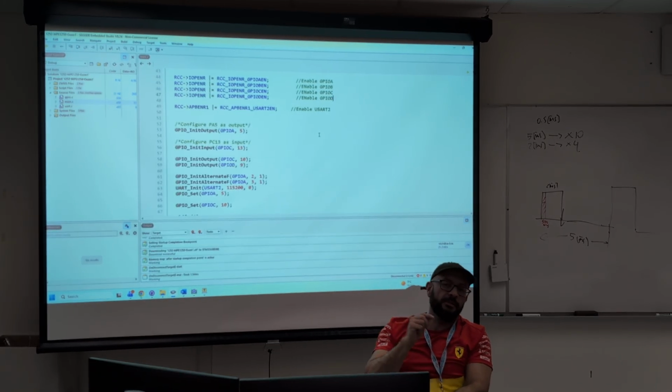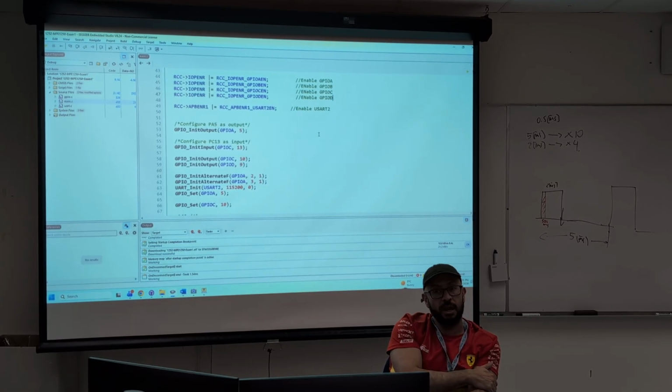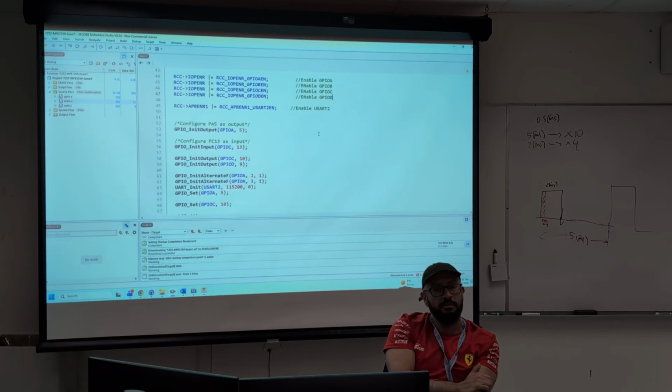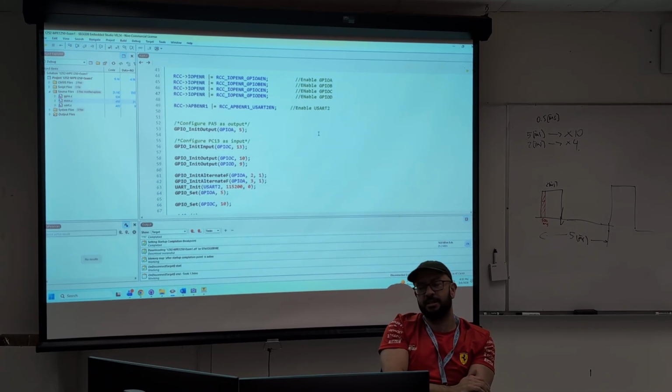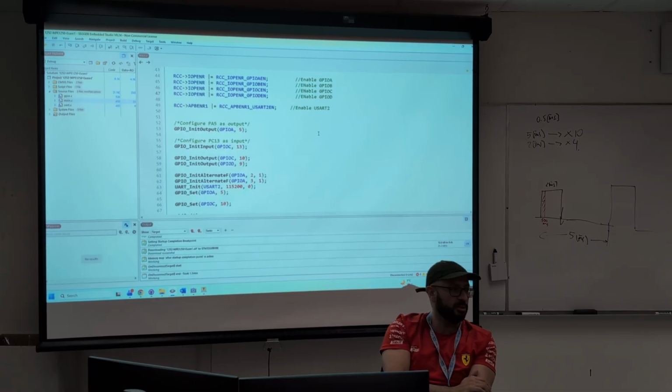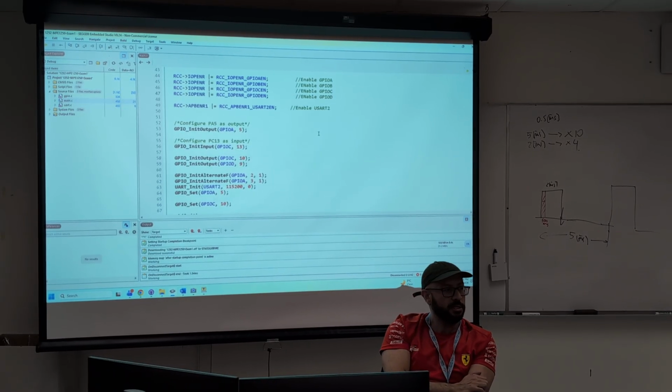Same thing for the state variables. The idea is to check the transition of the variable, from low to high, and vice versa. Not to be blocking, because some of you were trying to block there just to detect the one button press. No, that's not a good approach. That's not what we want. All right.